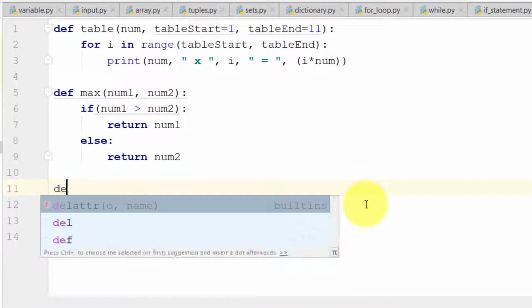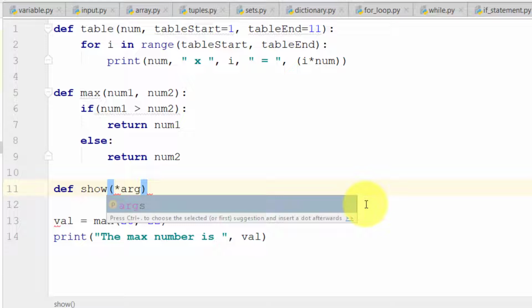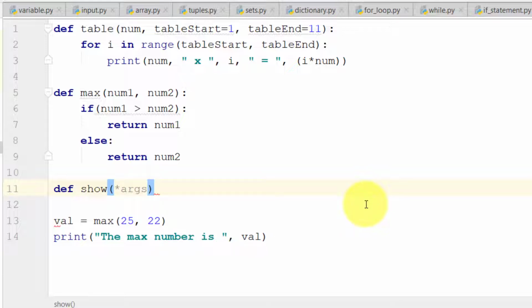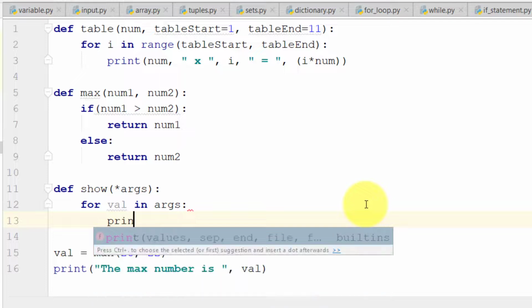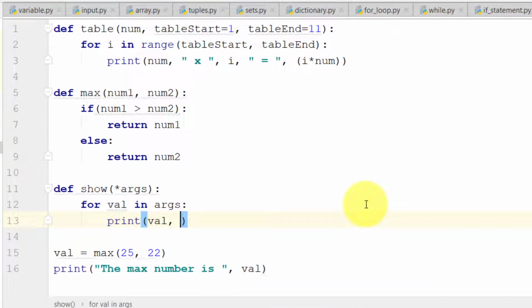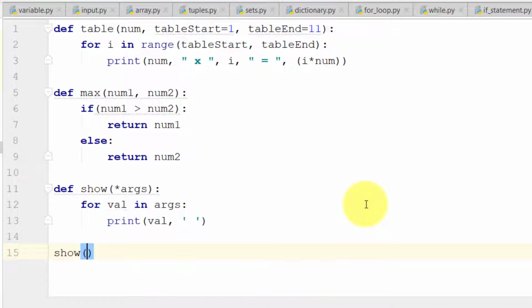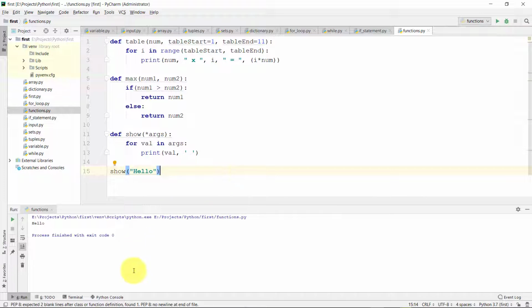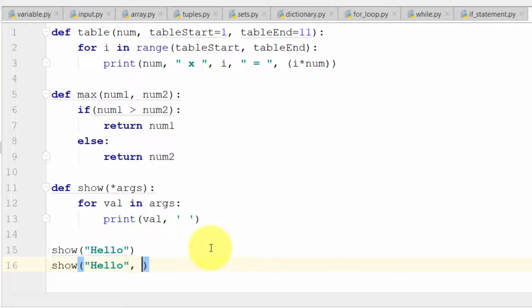Let's create another function, def show arguments. Here we can send multiple arguments, and we will receive these values by using a for loop: for val in arguments, then print val with this space. Here is the result, hello. Let's try another, and the hello world,